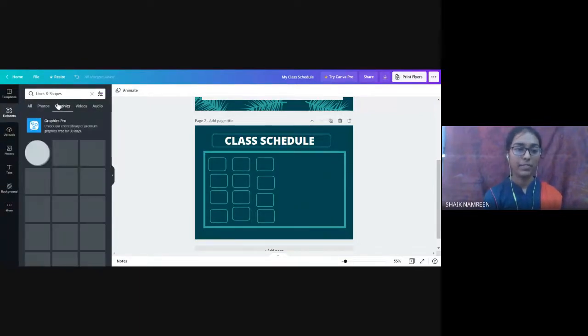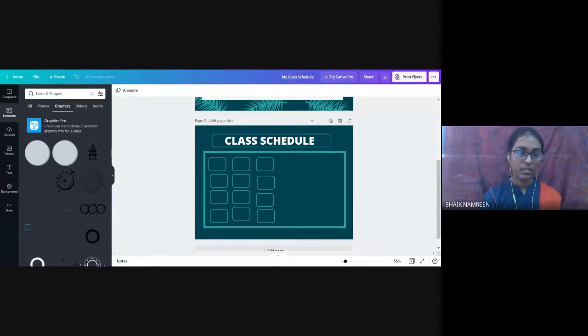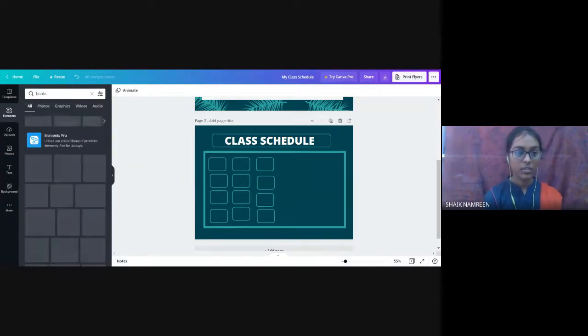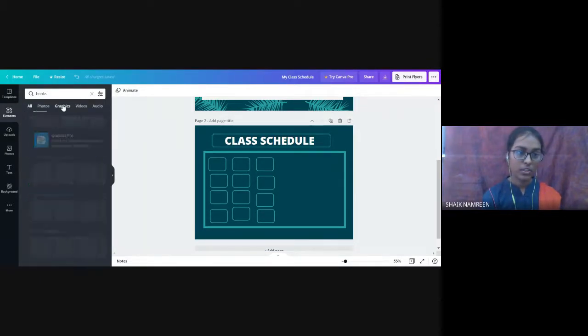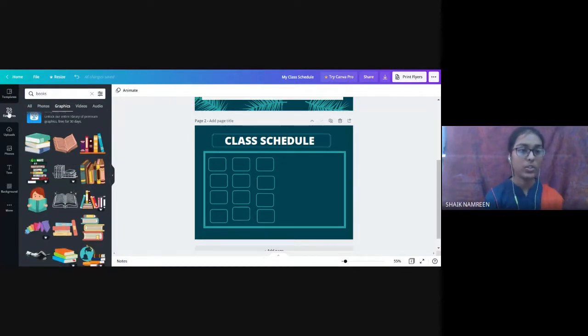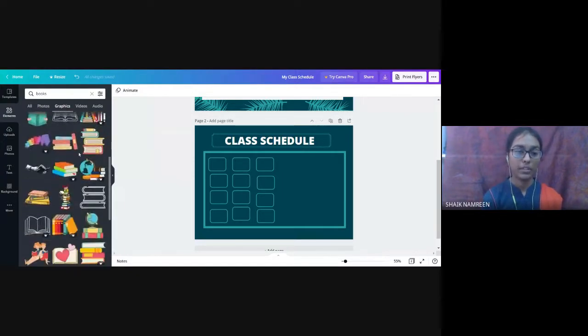Graphics, go for graphics. And go for graphics, you can see graphic books like in Elements. You should click on the search bar, type books and click on graphics. You can see so many graphic books.